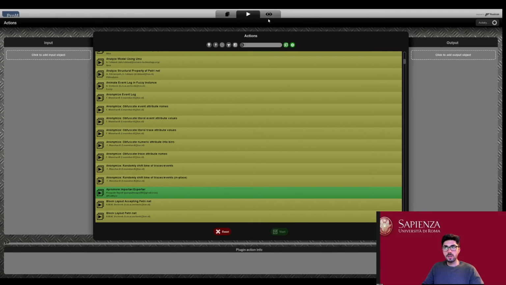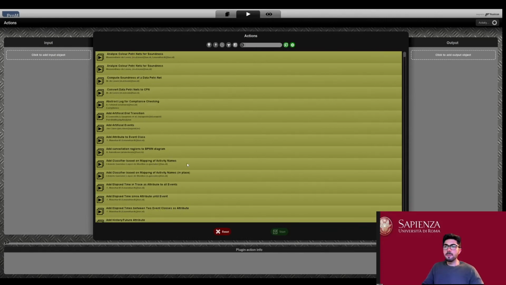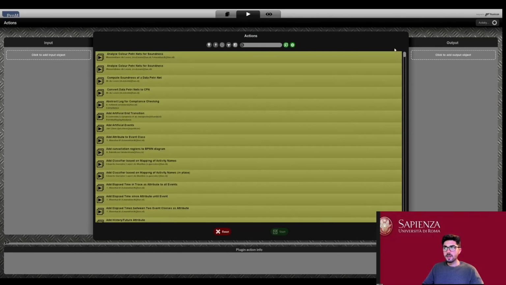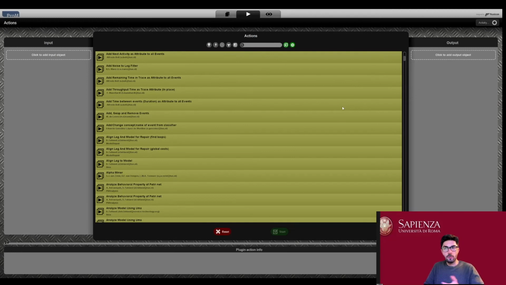So if we click on the play button in the top side of the UI, we will have the main component of Disco. It's composed by an input panel, an output panel, and an action one. And here basically there is the list of every tool, every plugin offered by PROM.